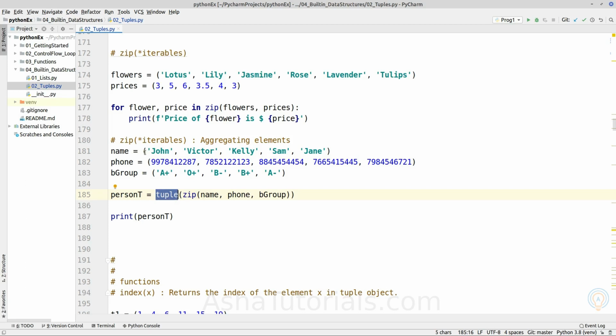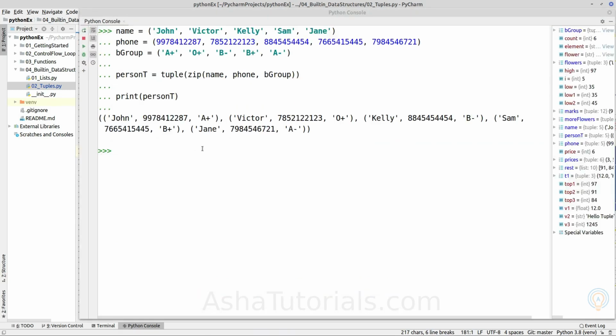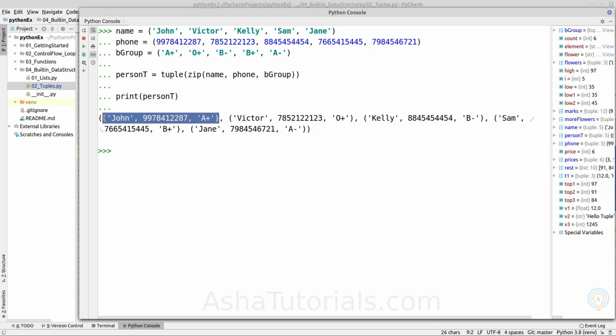It should return a tuple object containing inner tuple objects, with elements iterated parallelly, combining the elements of a given index. Let's see the output. As we can see here, it is combining the elements of a particular index as an inner tuple object.